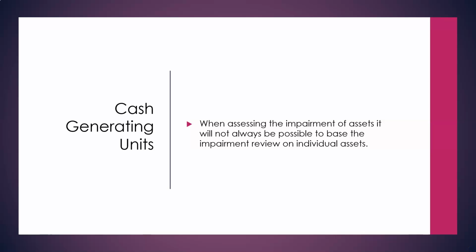Right, so the final section in this chapter is on cash generating units. Typically, when assessing the impairment of assets, just because of the way the asset is put together, it's difficult sometimes to know what exactly you're impairing. You have an asset that has so many parts to it, and different components that can't quite be separated out. It could be a unit, if you like, of a restaurant as a whole